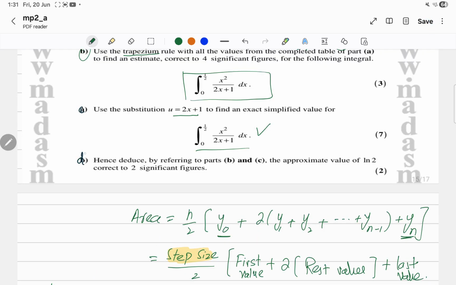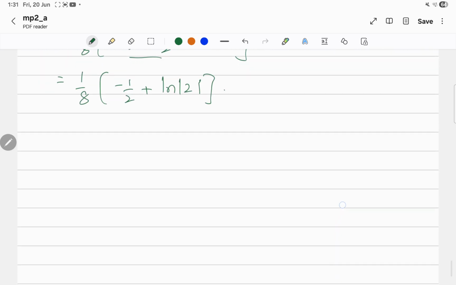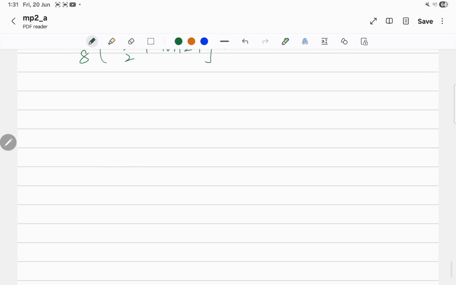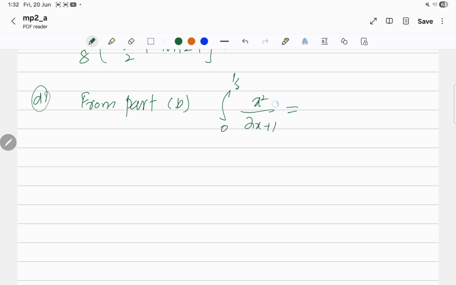Okay, now part D is: hence deduce, by referring to part B and C, the approximate value of ln of 2 correct to two significant figures. So we need to work out the value of ln of 2 by using part B and C. Okay, so from part B, we work out the value of the integral by using the trapezium rule. We work out the value of this integral, which is approximately equal to